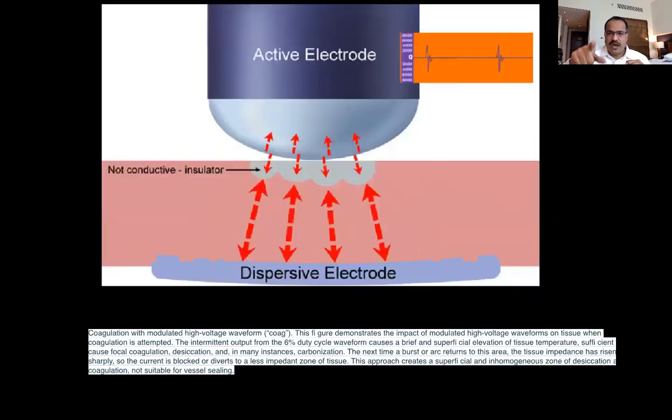if you use the coagulation current, it will first give the burst, burn the area, the uterine wall, and again after some cooling phase, another burst will come, then again a burst will come. By that time, the vessel wall has already been burnt and the resistance has changed. So to achieve the same coagulation, the same desiccation, you will need more time. And as time increases, lateral spread can happen.